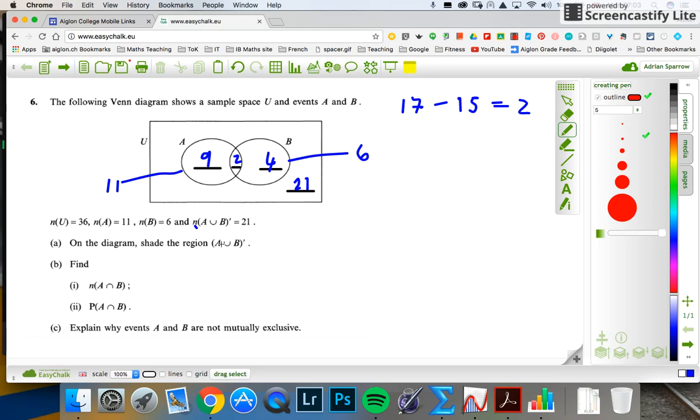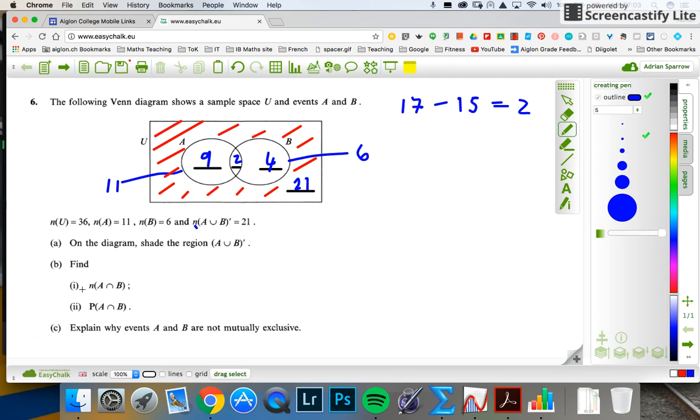So now I'm going to shade A union B dash. Now remember, we said that A union B was the middle here, the A and the B and the intersection, and the dash is everything that it's not. So if I'm shading it, I just want to shade everything outside here like this. Okay, so